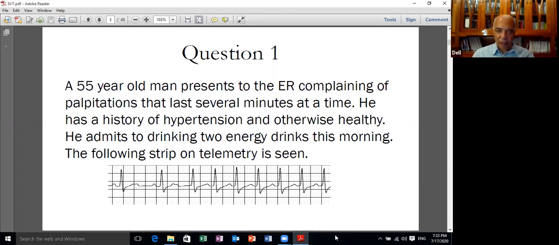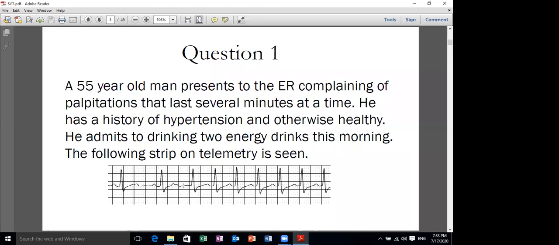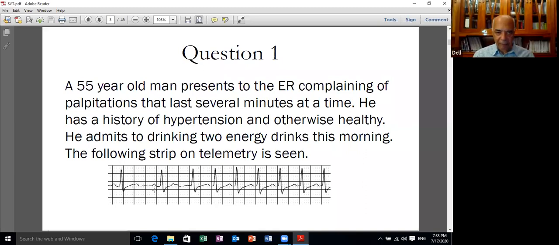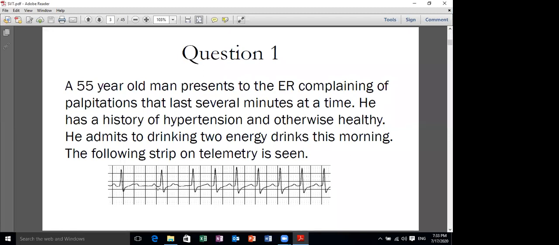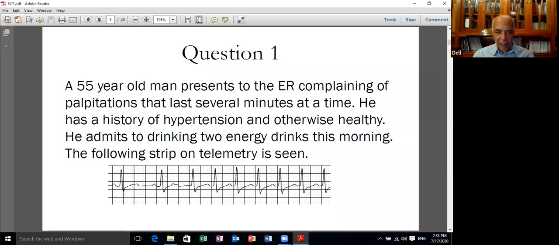Before going into the questions, let me explain the ECG. The first 2 complexes here are sinus complexes. And then the last complexes here, 4 or 5, is a narrow complex tachycardia. So in between, there is an atrial premature beat located here with a prolonged PR. So what happens here is that the atrial activity goes through the fast pathway in the AV node or around the AV node, and then it excites the ventricle. And then an atrial premature beat occurs.